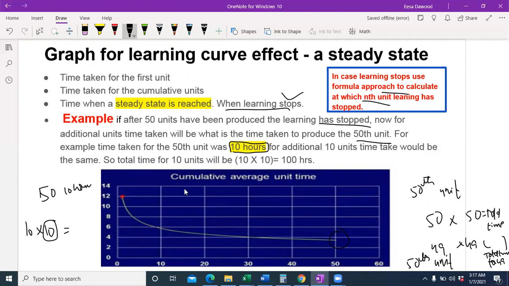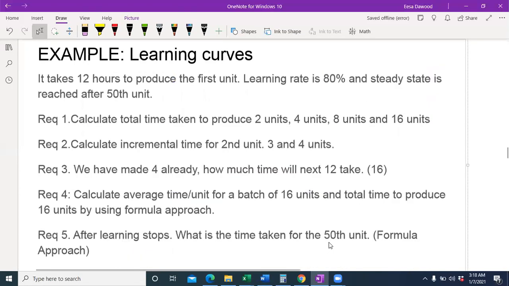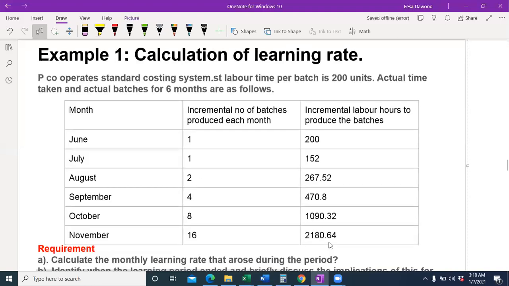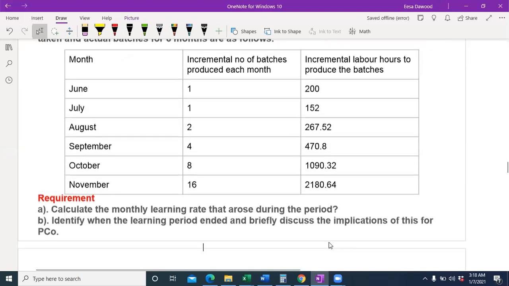It's not like even if I go drink a water, it actually takes time. So for anything, you won't say that the graph will just keep going down and the time taken would become 0. No, it's not like that. At a certain point of time, the learning will stop, and the formula approach will help you to identify it, and based upon that, you'll be setting all the budgets and everything.